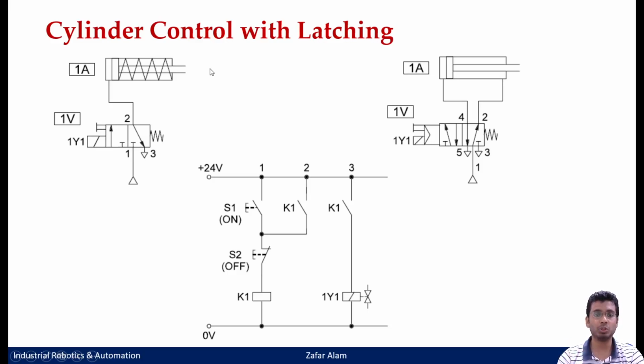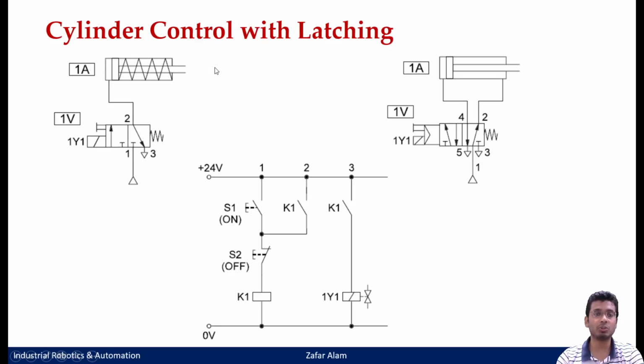Okay, so you press this push button, K1 latches, and both the make switches of K1 latch at the same time. Okay, and hence your Y1 is actuated. When Y1 is actuated, the pressurized line now starts to flow here and extends the cylinder. Even if you have switched off this push button, what happens? The current continues to flow through this circuit, and your K1 relay remains in its latched position, and hence your Y1 will always remain engaged, and your cylinder will remain in the extended position.